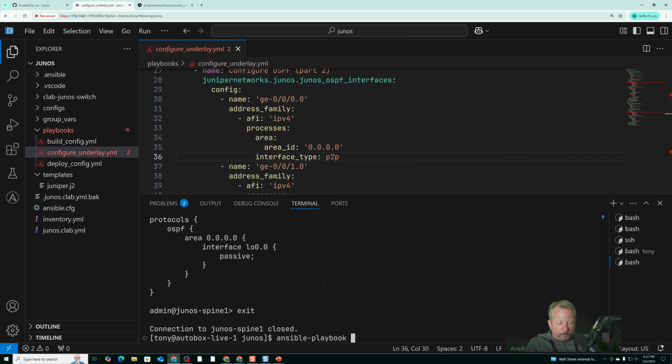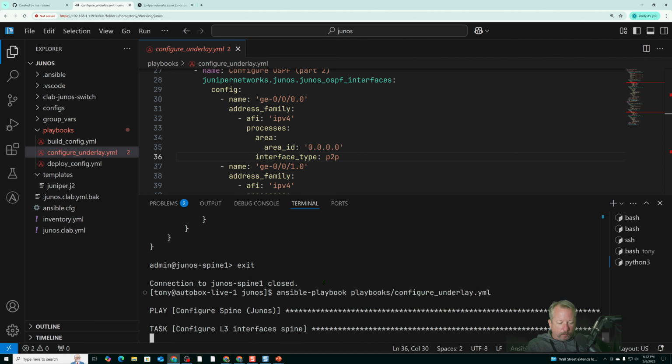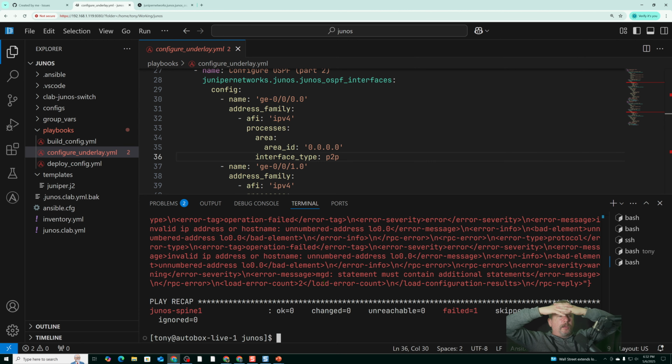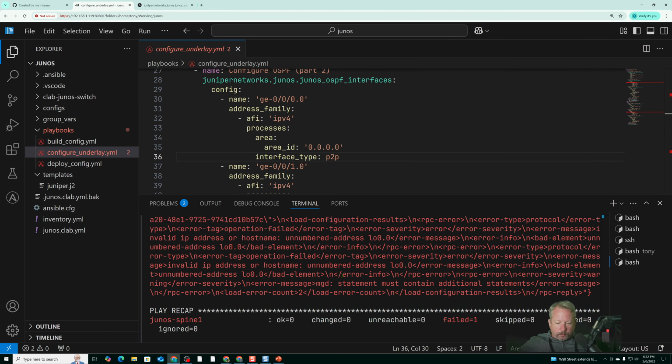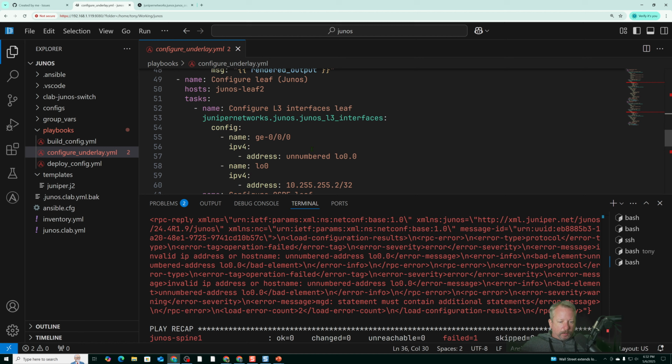Ansible playbook, playbooks, configure underlay. Another interesting thing is that the playbooks for Junos take a lot longer than they do for EOS. Part of that is the confirm commit part, so you can make an argument that it's